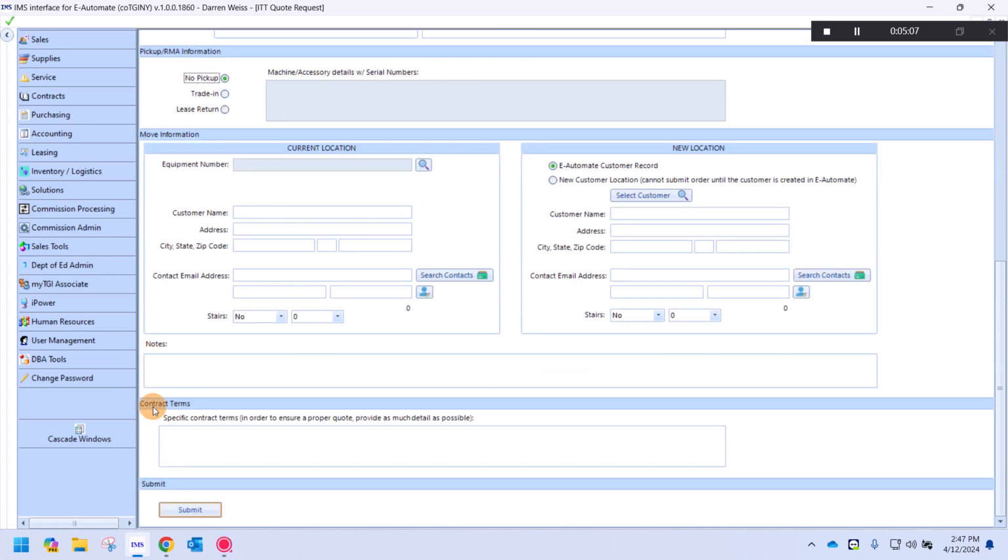Let's scroll down a little bit more. Now, where it talks about contract terms here, we're talking about the maintenance that we're looking to provide for this machine in this location outside of TGI territory. So I may put in here 5,000 black and white times 0.0089, and I like to put brackets in, especially if I'm doing two groups of service. And I say equals, let's do the math, 5,000 times 0.0089,